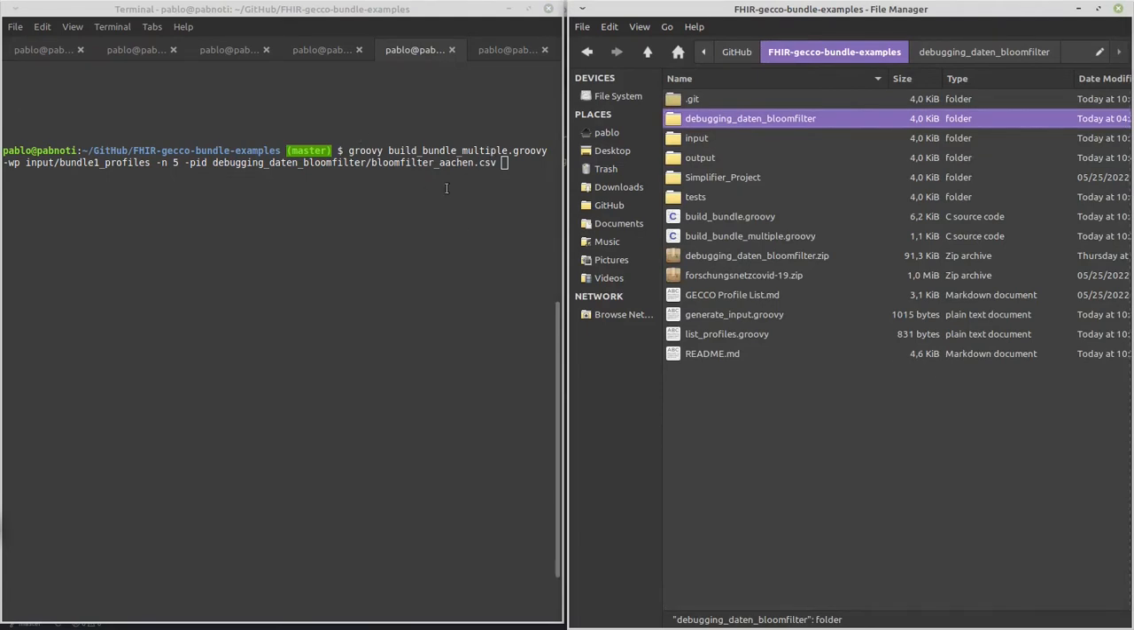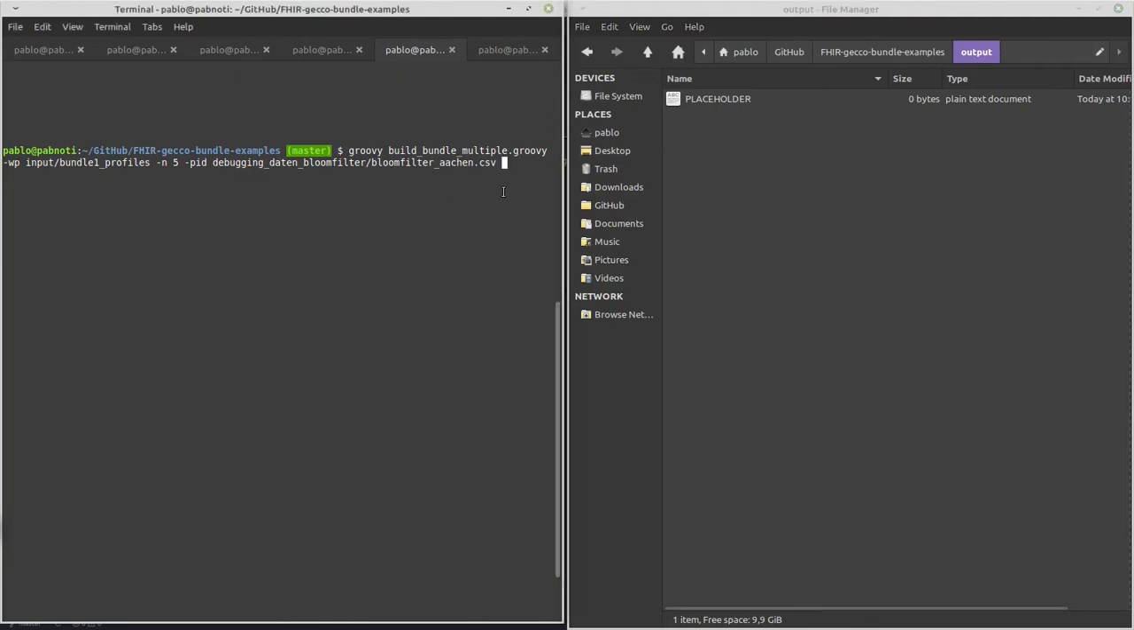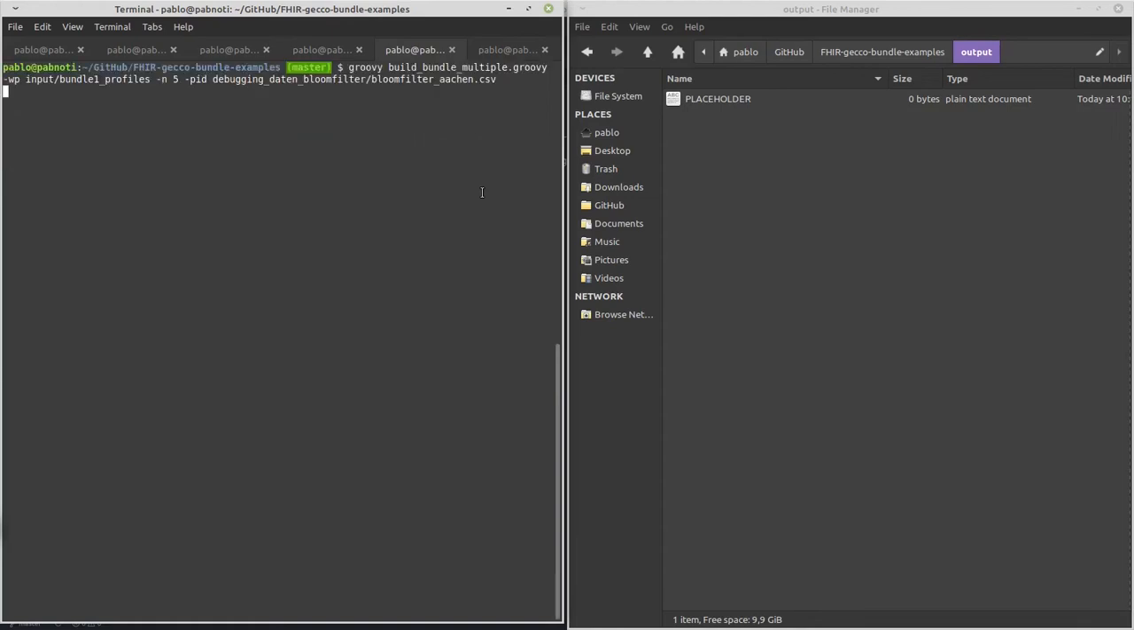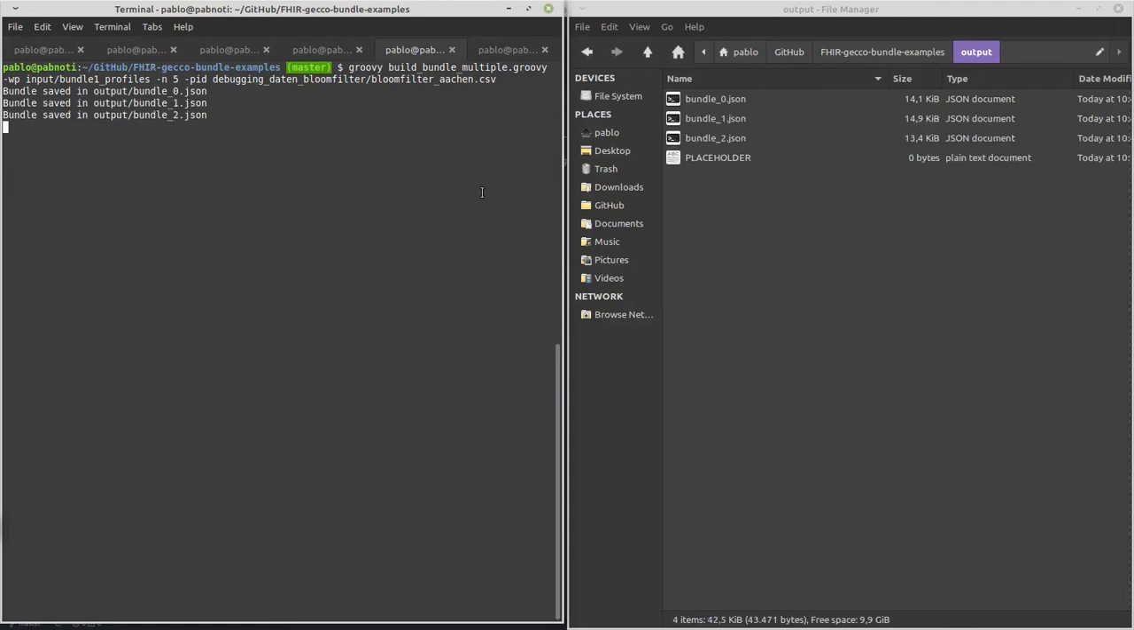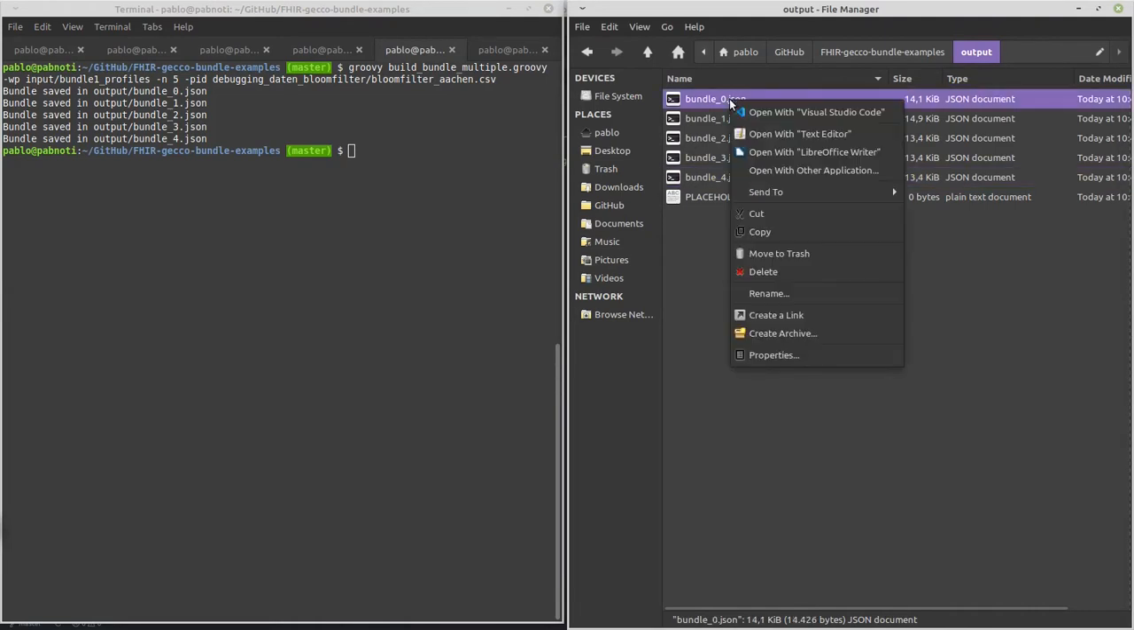And if I call this, it will create in the output folder this number of bundles, considering the examples for the profiles mentioned in this file. So if I call this, it takes a while because it needs to read a lot of files and needs to fix the IDs internally, so all the resources reference the same patient, for instance. And here you have the 5 bundles generated, and if I open this,